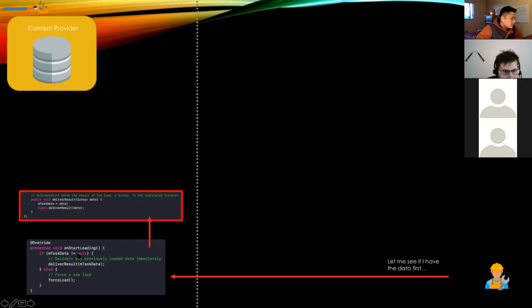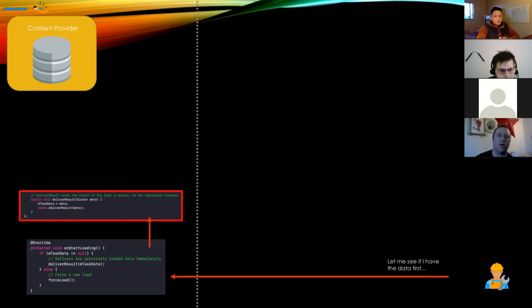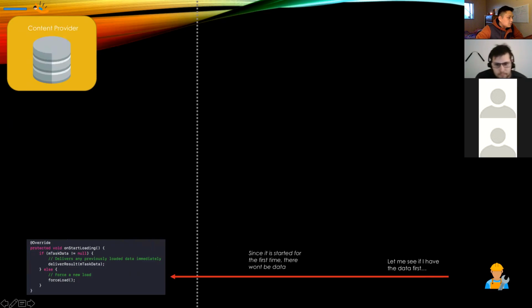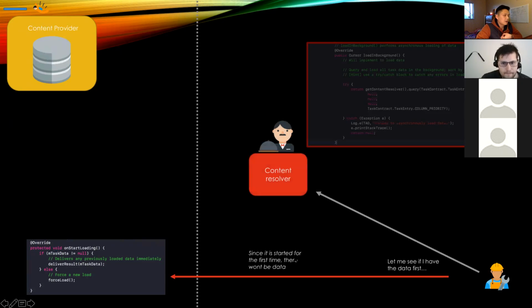But if this has cached data, then it will just call this straight away, and it triggers the callback from the loader manager, so it doesn't have to do that loadInBackground process. Okay. So since it is started for the first time, there won't be any data. So then